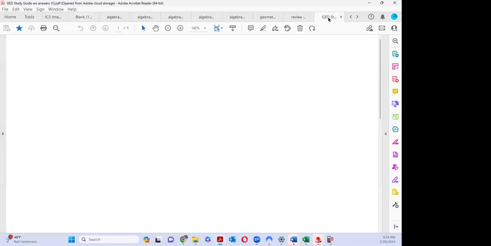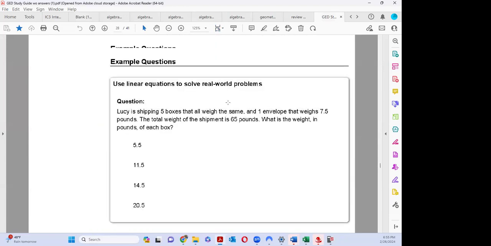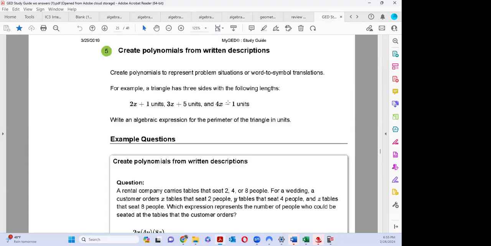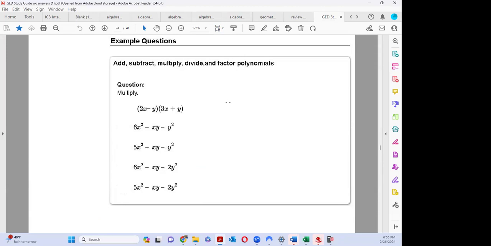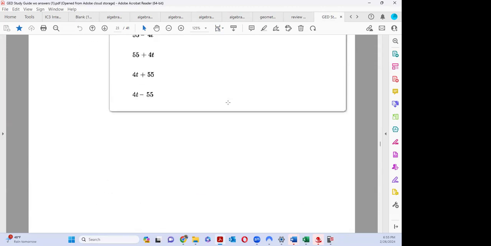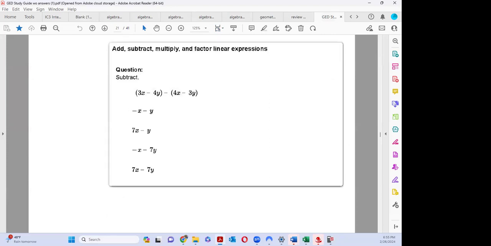Yeah. It was the 3x minus 4y minus 4x minus 3y. I got this one confused. No, that's multiplication. So you're talking about this one, the first one. What I didn't understand was, you see how you have the minus sign right there between the two? My question was, do you take that